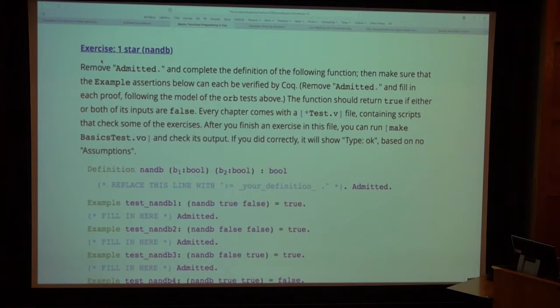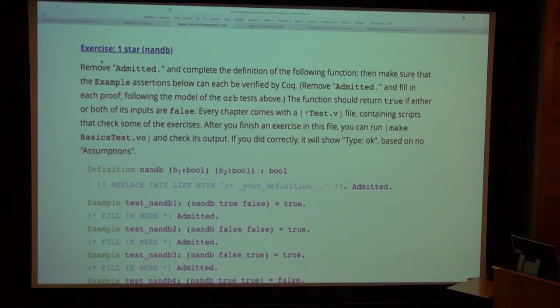When we come to exercises, I'm sure you've all, or at least most, encountered this. They are invitations to throw away the keyword Admitted, which in the files that we distribute to you is there to tell coq, please keep processing even though this proof isn't finished, and allow you to fill it in and end it with Qed, which means this is terminating the proof which should be finished at this point.